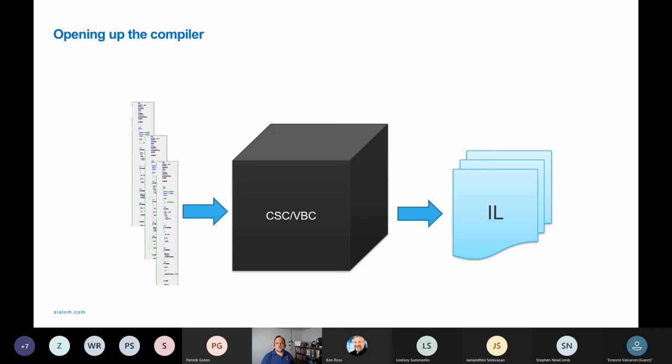And with Roslyn, what they did was, previously before Roslyn, we had here's our C# code, CS files, and then we had this black box of a compiler, and that generated intermediate language, which would then be compiled at runtime and JITted and run. And so when they rewrote the compiler, they wanted to make sure that it was extensible so that others could take advantage of the lexer and the parsers that they had already written, and being able to extend and add their own ones. So like codecracker, we take advantage of the ASTs,